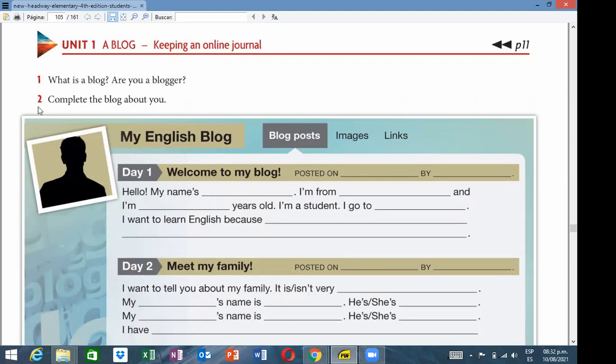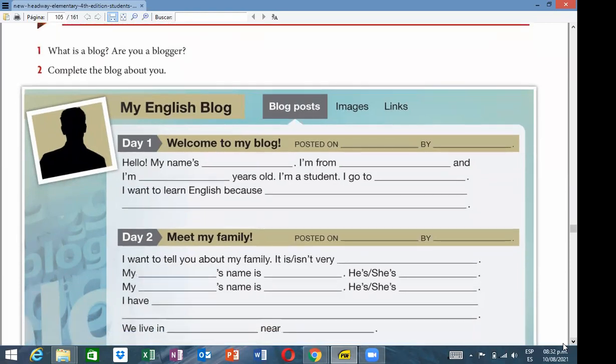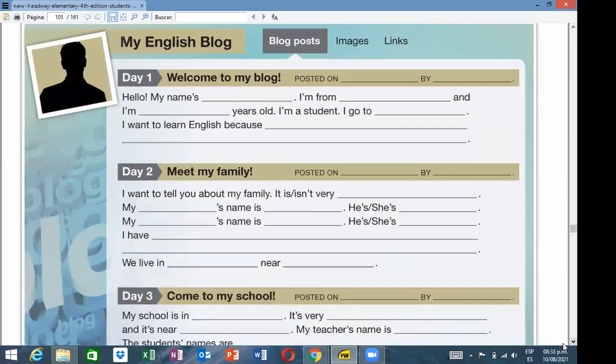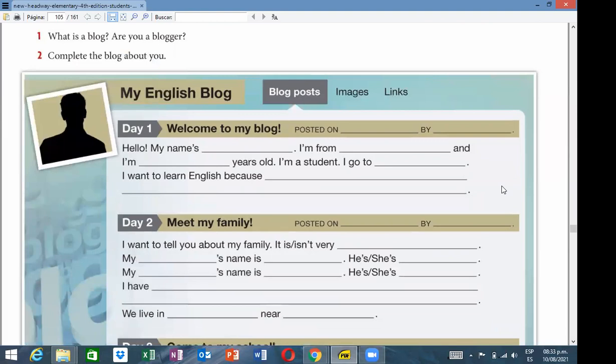So that's why exercise number 2, complete the blog about you. Let's imagine that all of you are bloggers, and here you have to write about you. Let's start with the first part. Let's imagine that this is your blog. That's why here we have the title, My English Blog. You can also add, if you want, a photograph of you, okay? And you are going to write